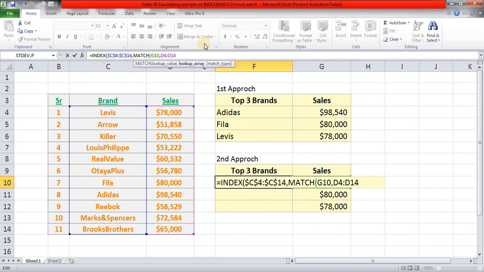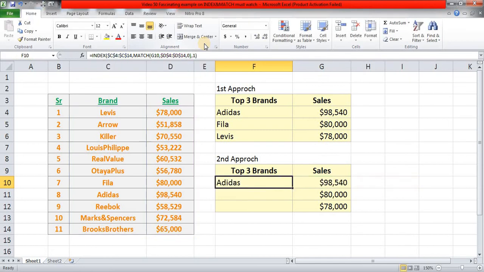So I'll freeze this so that we can copy it down without any issue. Okay, then comma, and we want exact match. So the row argument is over, and for the column argument, let me just give 1, because in index I have selected only one column, and Control Enter. Here it is.